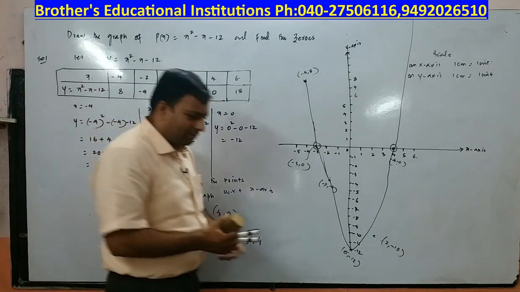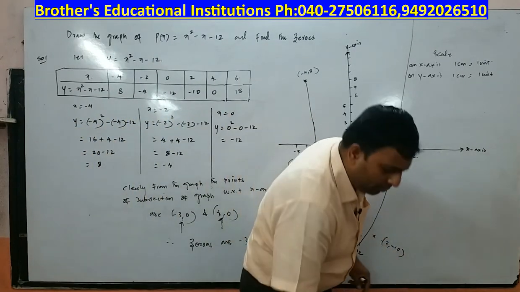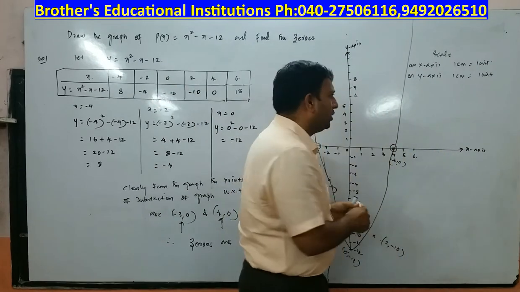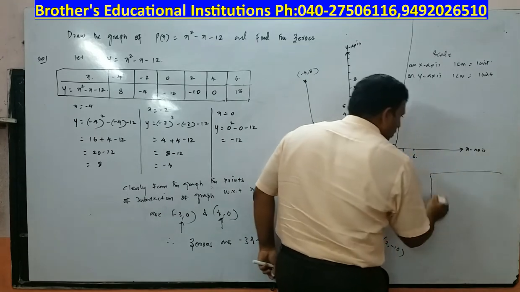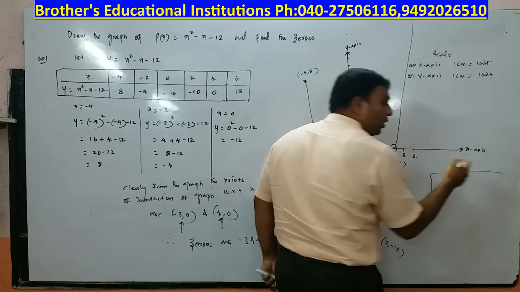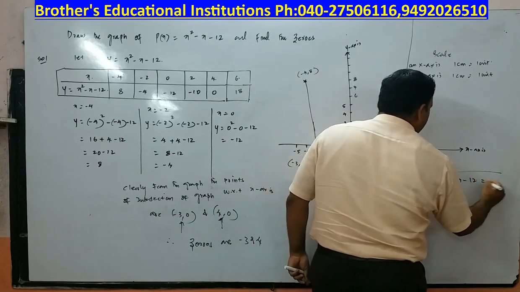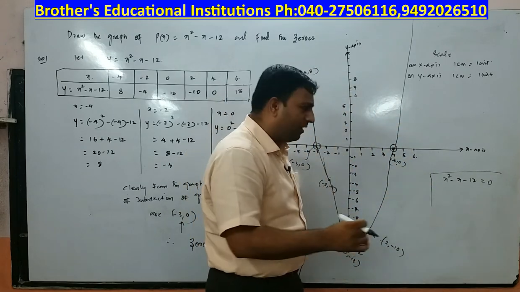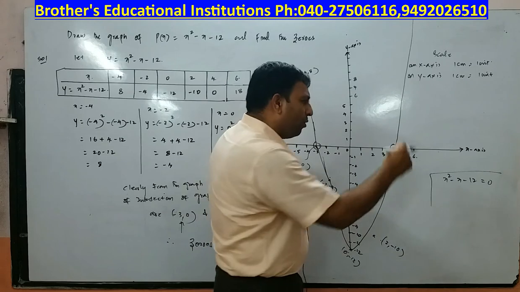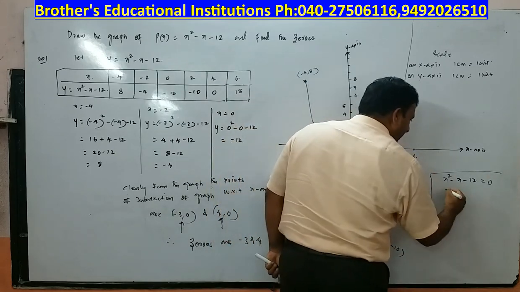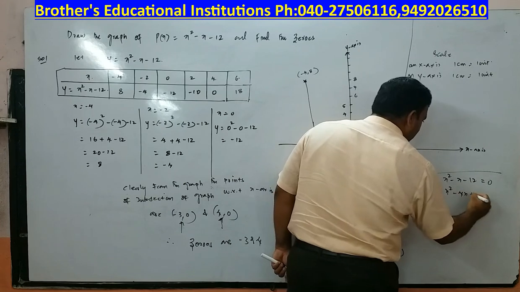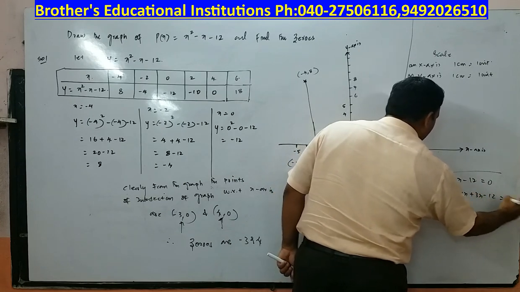But actually there is a trick. You know what is the trick? Before you take values, you do this calculation. Here you find the zeros using a normal method. How do you find the zeros of a polynomial? By equating the polynomial to 0. What I do in the rough work, this is not to be shown in the exam, is I will try to get the factors. The factors are: minus 4x plus 3x I will write, minus 12 is equal to 0.